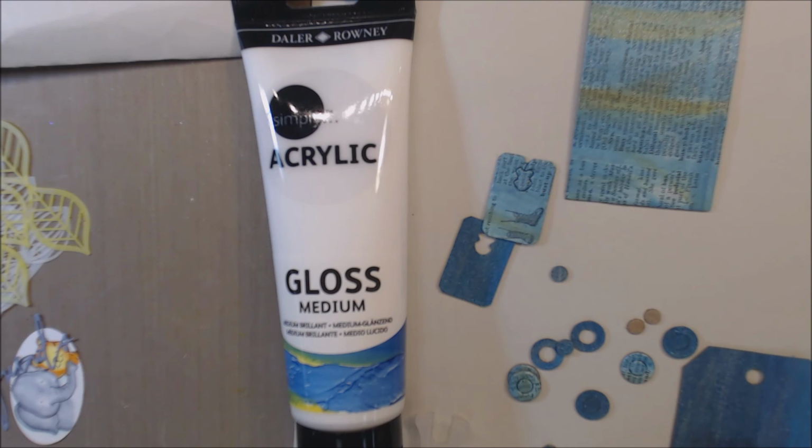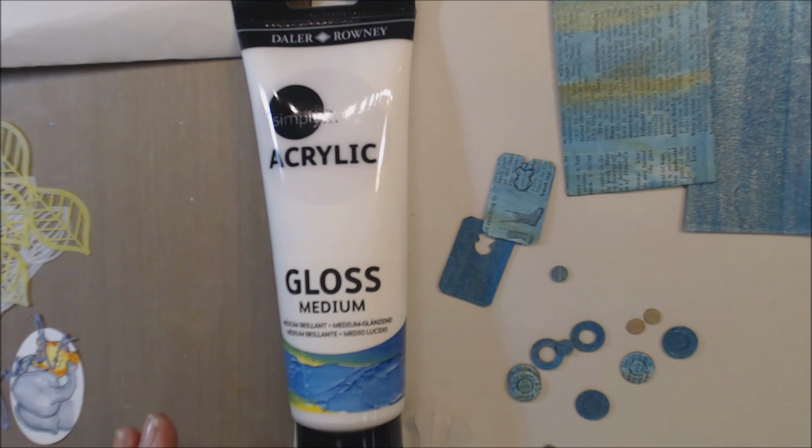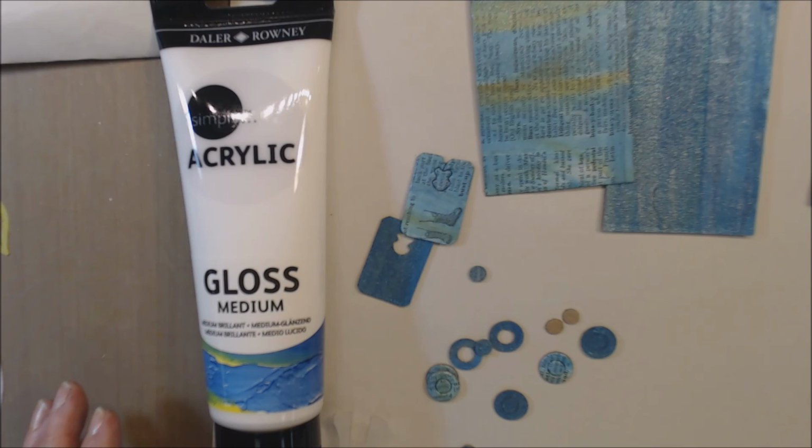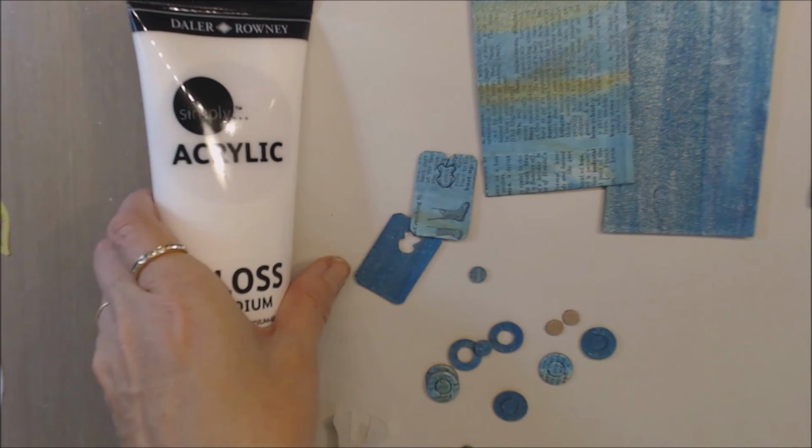This morning I've been cleaning in the studio because it was kind of a pigsty. Let me see if I can move this over a little bit. Yeah, that's a little bit better. Not a great deal, but